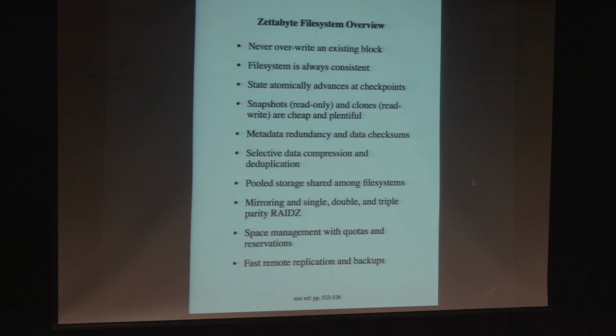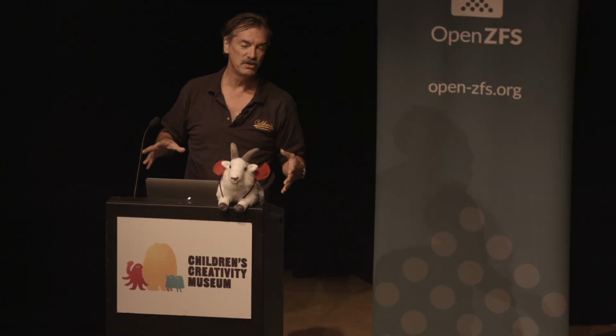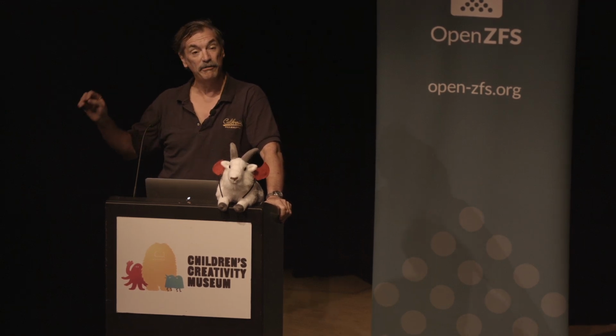File systems, up until the non-overwriting style of file systems, would rewrite things all the time. So if you wanted to change the mode of an inode, we'd read it off the disk, make the change, and write it back on top of what was there before. The problem with that is that if you're not really careful about the way you do the writes, the file system can become inconsistent, and it's always a little bit inconsistent if writing is going on, and so you usually have to do some kind of journaling or logging or soft updates or whatever in order to keep it in a consistent state. With a non-overwriting file system, the file system is always consistent.